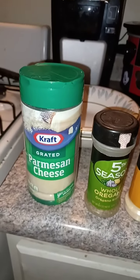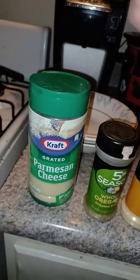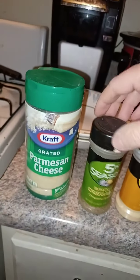Okay, so what do? I'd probably add half a cup of Parmesan cheese. And these are the ingredients I'm just